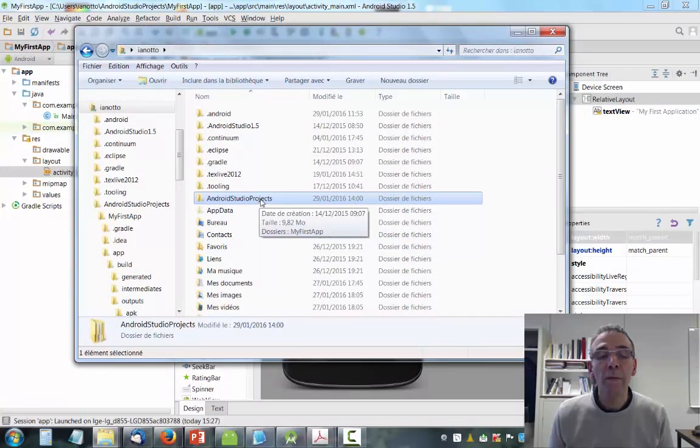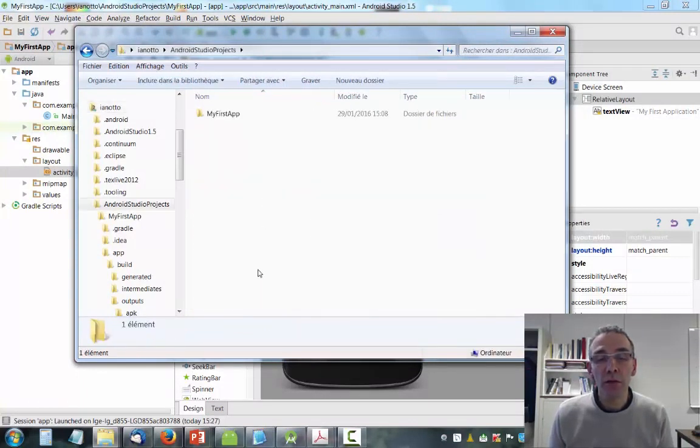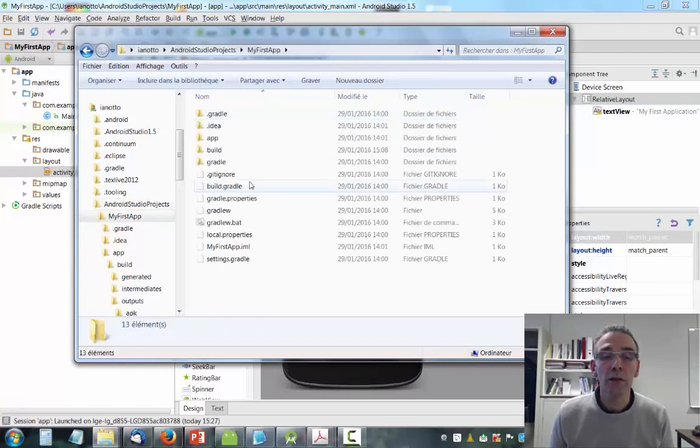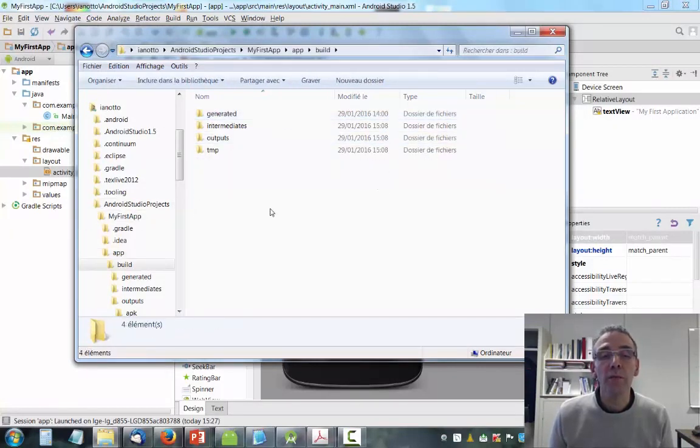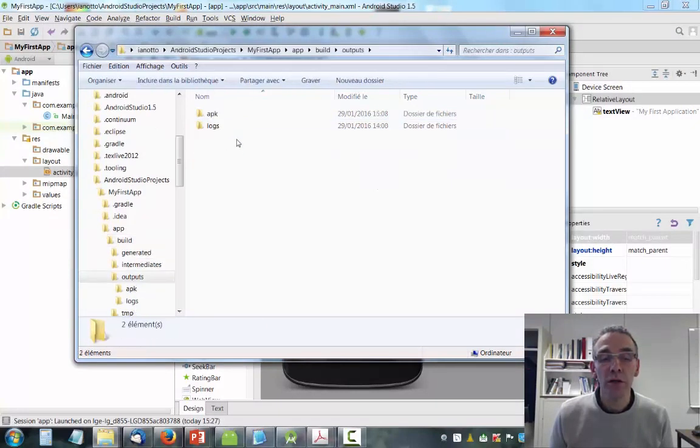I open this directory. Then I find in this directory all the projects that have been created by Android Studio. I select the project My First App. I open the directory. Then I open the directory App. Then the build directory. Then the outputs directory and APK directory.